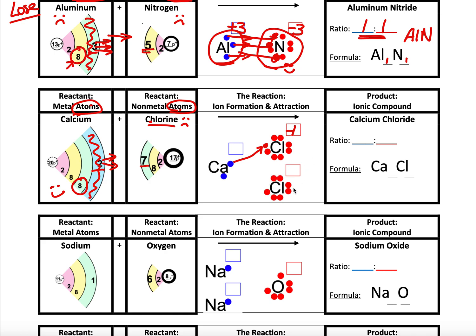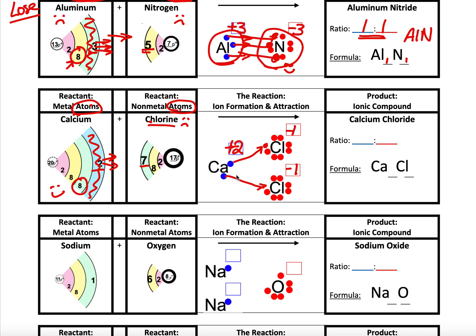So along comes chlorine number 2. And this chlorine takes that electron, and it becomes a -1 charge. Chlorine always becomes a -1 charge because every single chlorine that you have will only gain 1. Meanwhile, calcium has to get rid of 2. So it's going to lose 2 and make a +2 charge